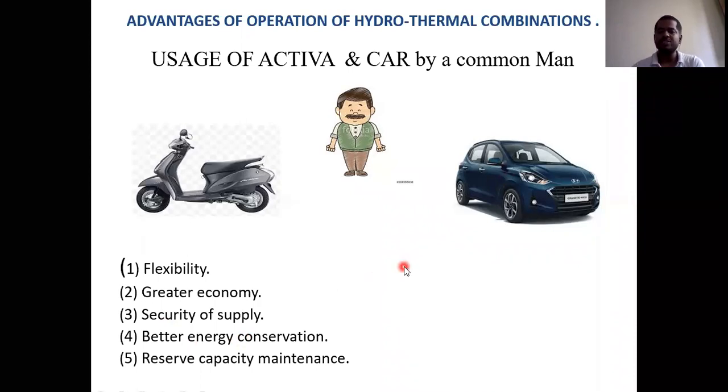For example, if you are considering a rainy season, we have plenty of water. In that case, we can operate a hydropower plant at maximum condition. In such a condition, we can reduce the power from the thermal power plant. So once you are reducing the power from the thermal power plant, what happens to our fossil fuels? We cannot use them to such an extent, so automatically we can decrease the consumption of fossil fuels.